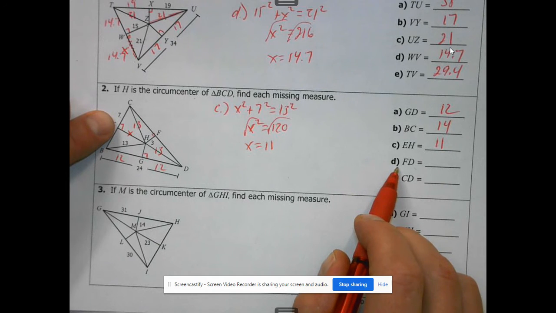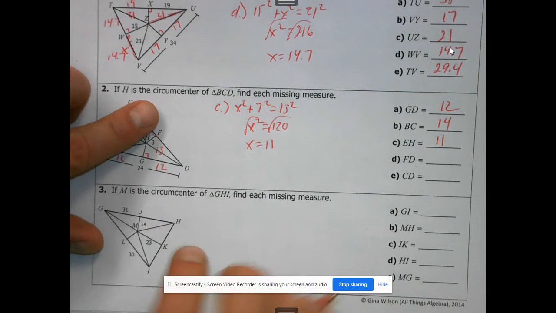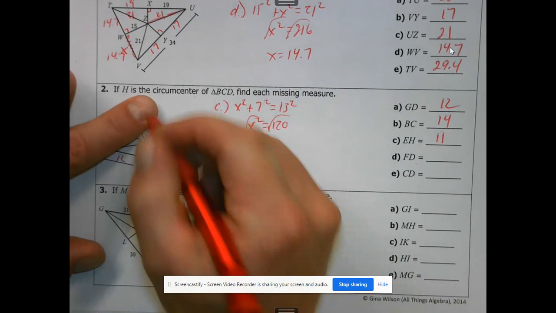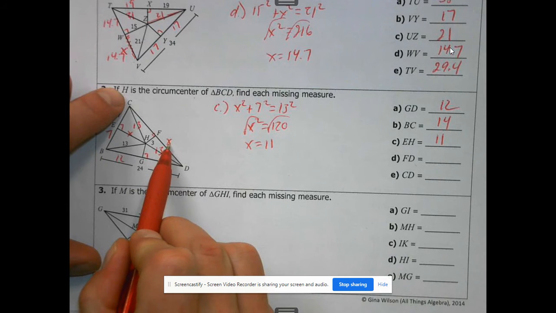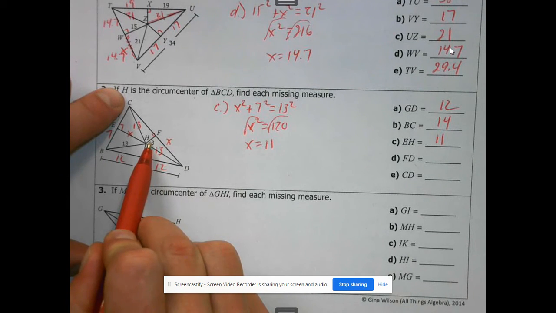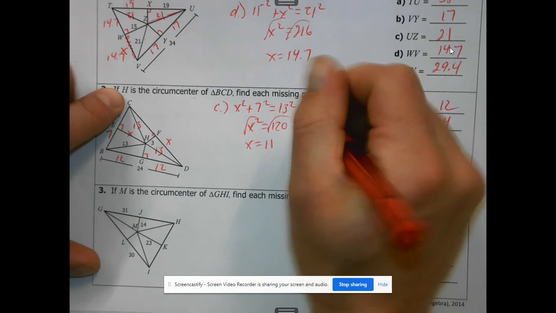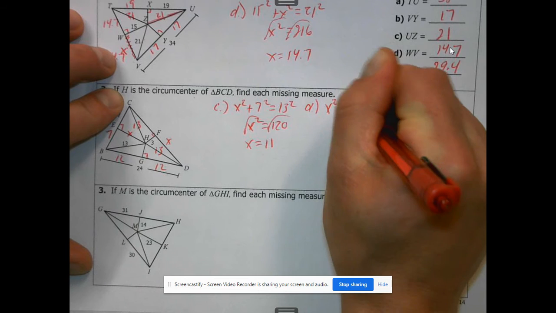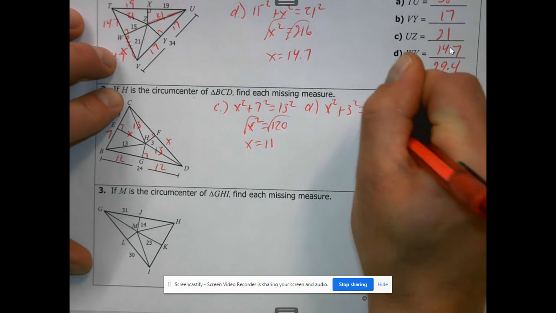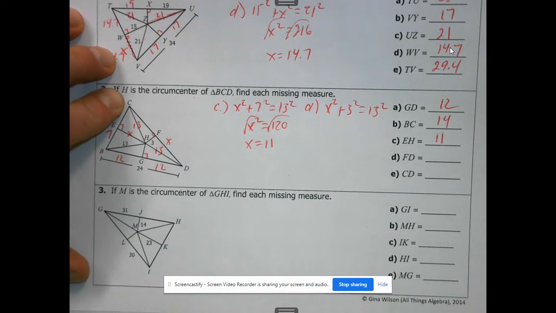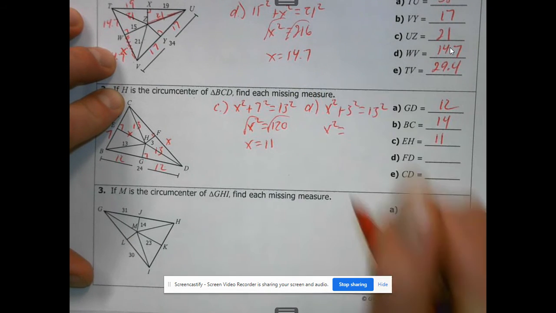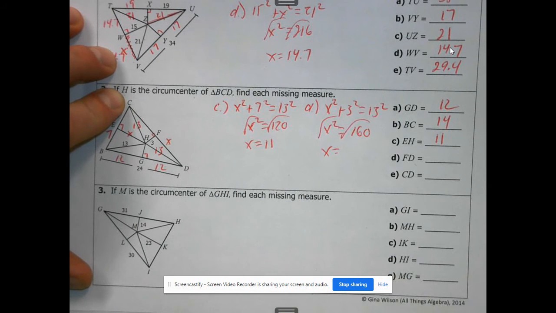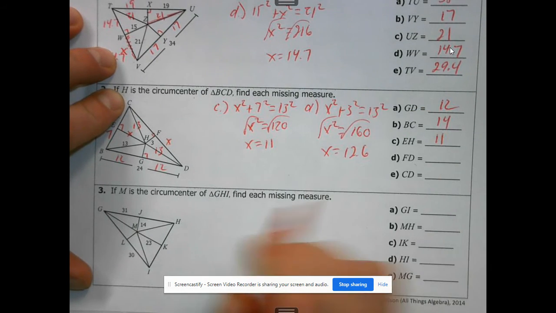Letter D, how far is it from F to D? Well, once again, Pythagorean theorem, guys. Right there, make a little triangle. We'll call this little piece X. A squared plus B squared equals C squared. So this is letter D. X squared plus 3 squared equals 13 squared. Subtract the 3 squared over. That gives me 160. Then I take the square root of 160. That comes out to be 12.6. So F to D,